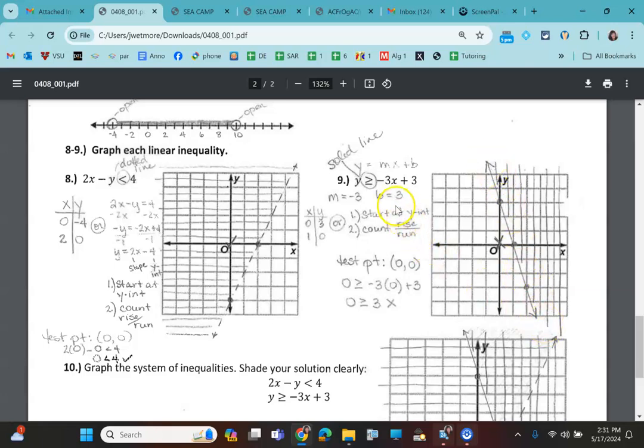Now for this one, because it had the equal to with it, we're going to use a solid line. And then to figure out which side to shade, we're going to use a test point. (0, 0) was not on my line, so I can use it as a test point. So I'm going to go back to the original inequality, and I'm going to put 0 in for y and 0 in for x. So I got 0 is greater than or equal to negative 3 times 0 plus 3. That is not a true statement. That point does not work, so I shade the opposite